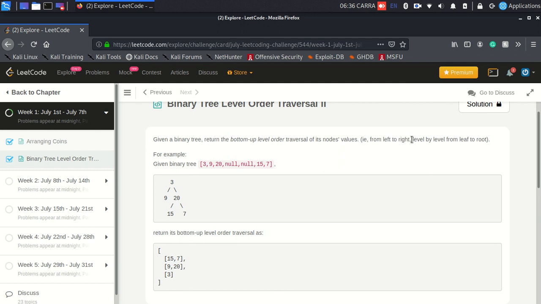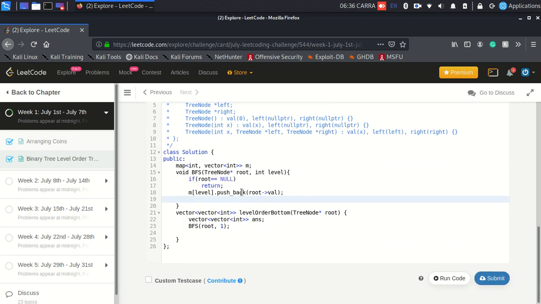Now the important part in the question is I have to store from left to right. So I have done this level by level thing, but I cannot yet know how to do this left to right. So one thing is pretty clear, if it's told me that I have to store the vector in such a format that it starts from the leftmost node, so I should traverse the leftmost node first and store it in the vector, then I should push back the rightmost node, because the vector storing is sequential. If you first store the left node, then left node always comes before the right node, correct?